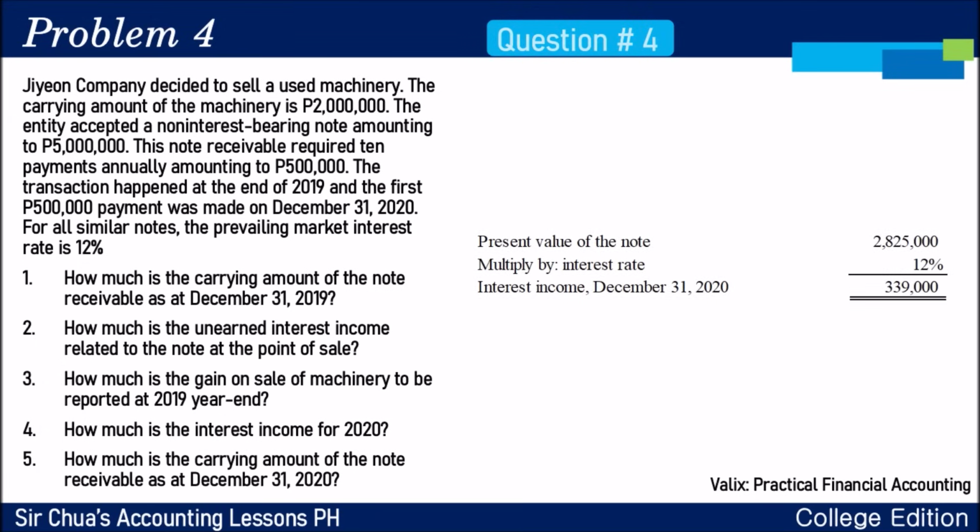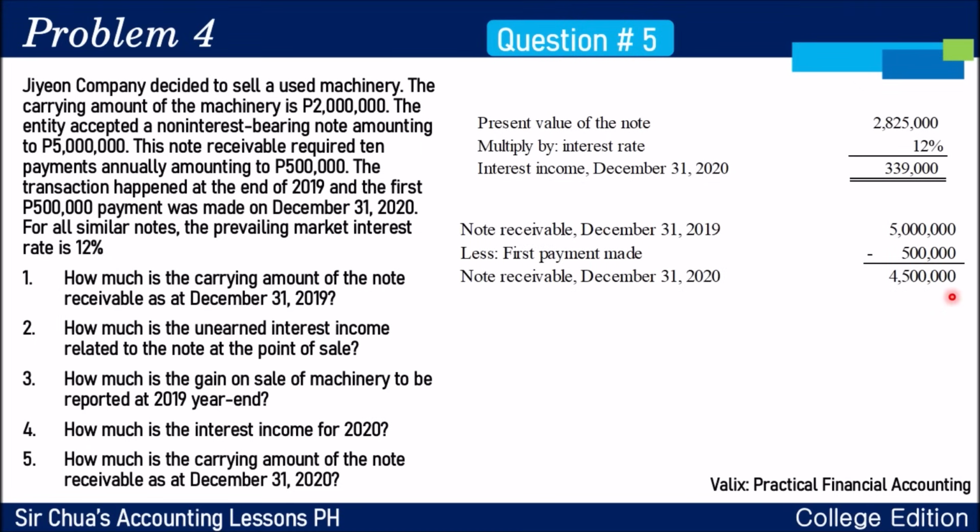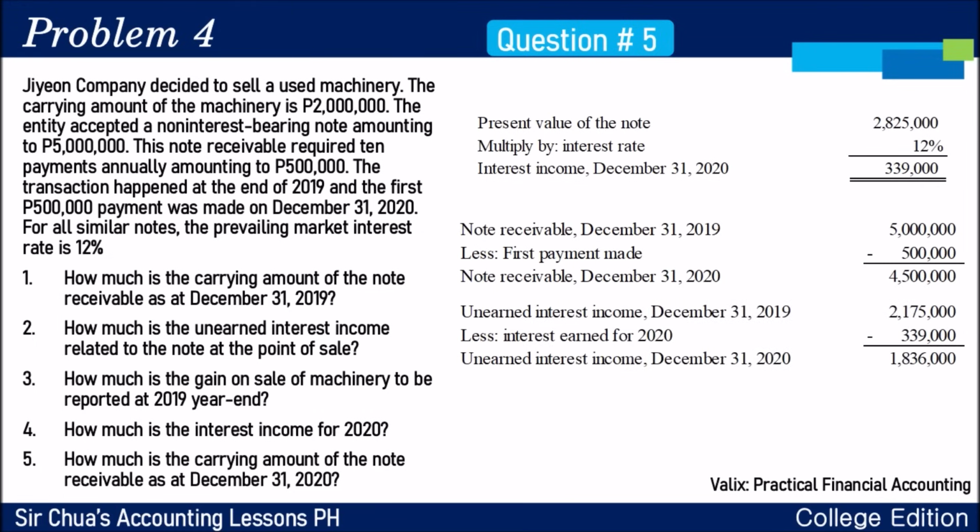Now, for question number 5, how much is the carrying amount of the note receivable? So, here's how we compute it. Remember that the note receivable face value is 5 million, but the first payment was made after a year. You need to deduct that kasi nga nagbayad na ng first payment. So, yung note receivable natin, mababawasan na. 4,500,000. Now, meron tayong unearned interest income na nakapaloob nga dun sa 5 million, which is 2,175,000. Pero na-earn na natin for the first year yung 339,000. Kaya ang remaining balance ng unearned natin is